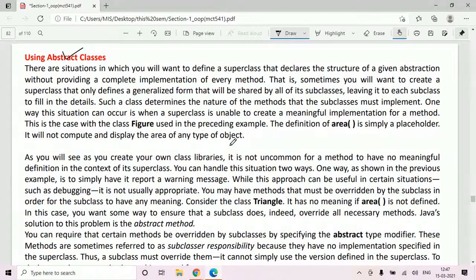I am your manager, and I have two teams with me. One team is coding for Maruti and one team is coding for Honda car. As the manager, I will try to identify the features which are necessary for Maruti and for Honda car. So I will create an abstract class.